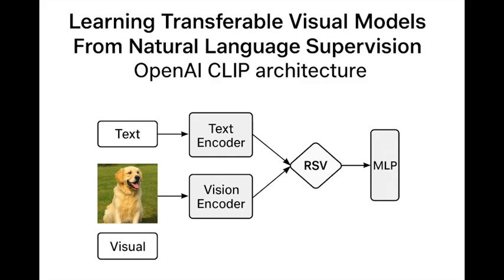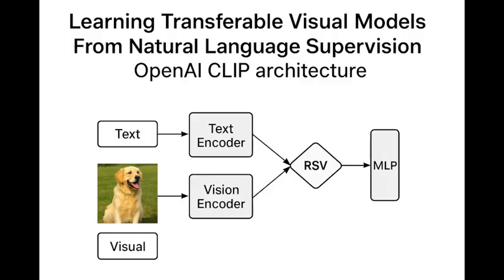Okay, so explain this contrastive matching game a bit more. You mentioned an N-by-N grid earlier. How does that work? Let's keep it simple first, for someone trying to connect pixels and words. Right. So imagine you grab a batch of data, say 32 images and their 32 corresponding captions. That's your N. Okay, 32 pairs. Within that batch, you have 32 correct pairings. Image 1 goes with text 1, image 2 with text 2, and so on. Makes sense. But you could potentially pair any image with any text in that batch, right? So that gives you 32 times 32, which is 1,024 possible pairs. Okay. Most of which are wrong. Exactly. 1,024 minus the 32 correct ones leaves you with 992 incorrect pairs just within that one small batch.